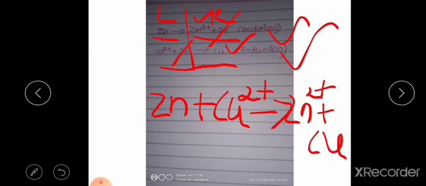I will write here, okay. So what is the equation of redox reaction? This is the equation of redox reaction. So the common factor we have to cut first. Then what is there in the left side, that we have to write first. And what is there in the right side, that we have to write next after the arrow mark. So this is the redox equation. Zn plus Cu2+ gives Zn2+ plus Cu. This is the redox equation. I hope everyone understands how to write the oxidation equation, reduction equation and redox equation.